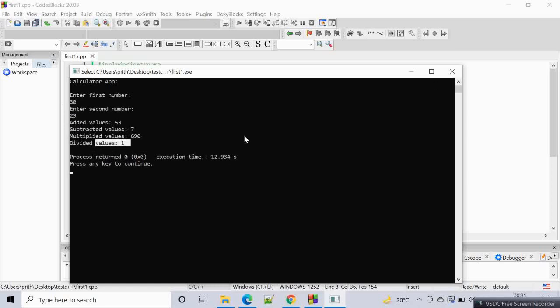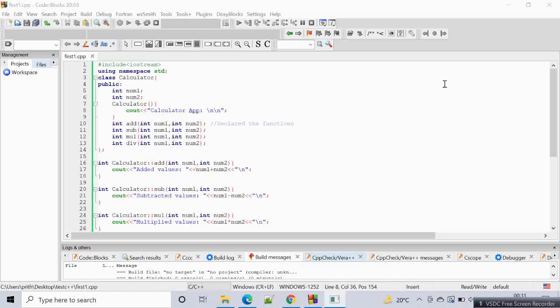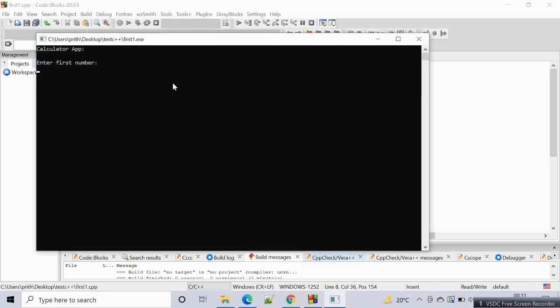So let's run this again with some other value. Let's say 10, and let's give a smaller second number so that we get an exact answer. So 10 and 2: added value 12, subtracted value 8, multiplied value 20, and divided value 5, which